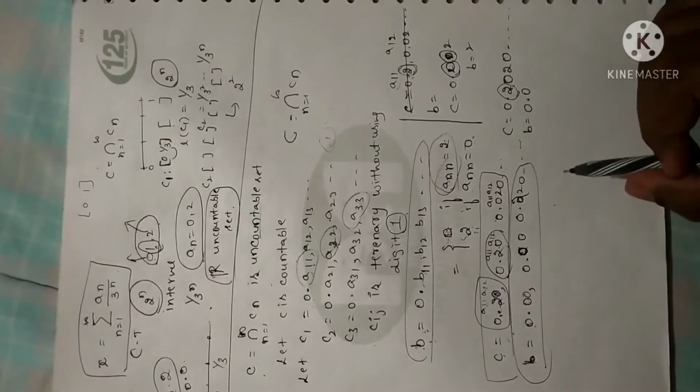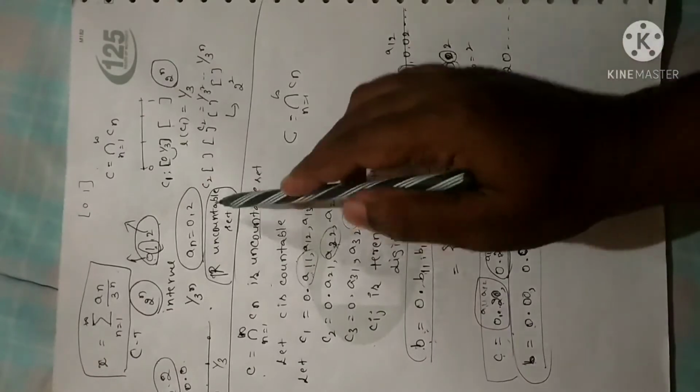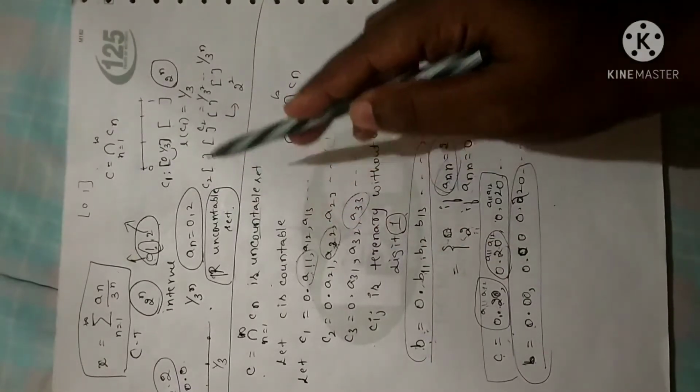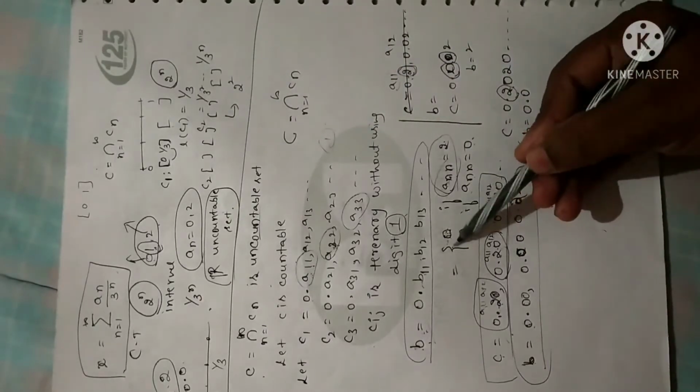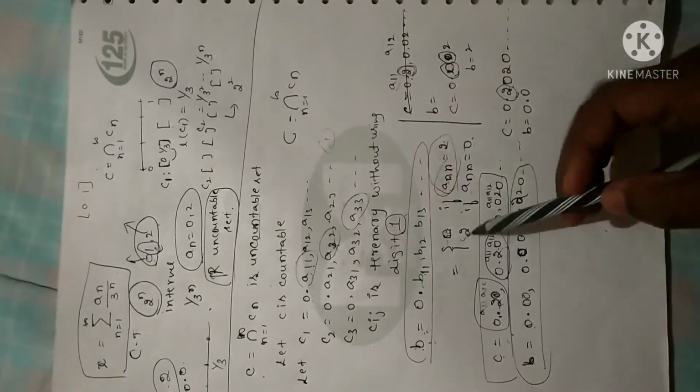This method of proof is similar to proving R is an uncountable set. It is clearly explained in real analysis. Please go through that. So this is what I have defined. Now